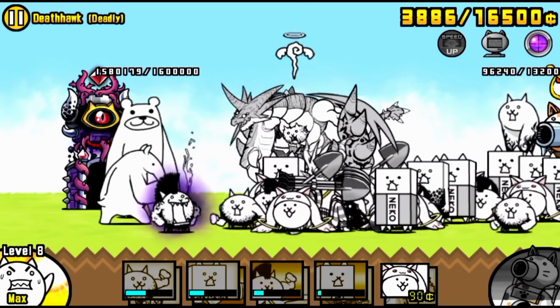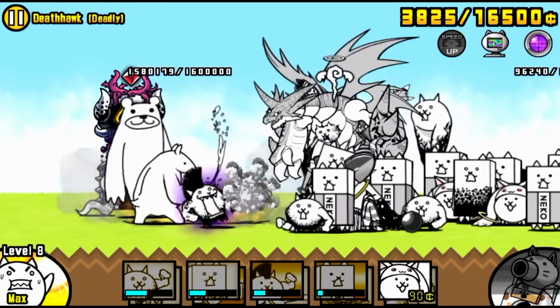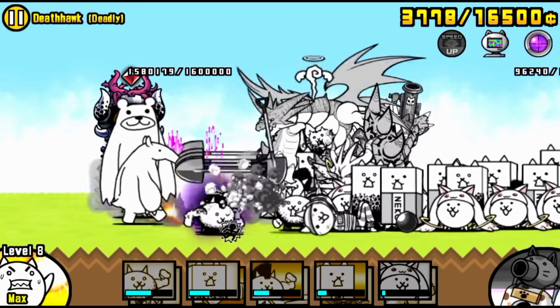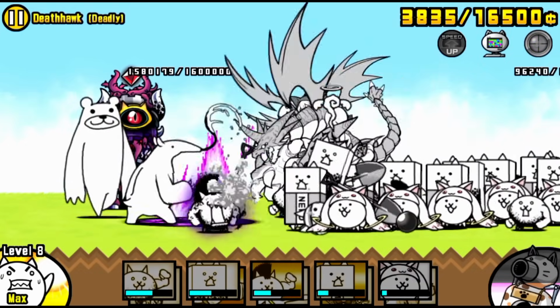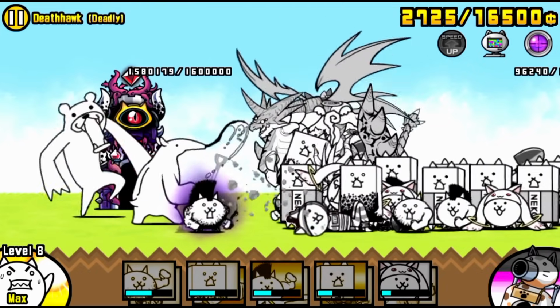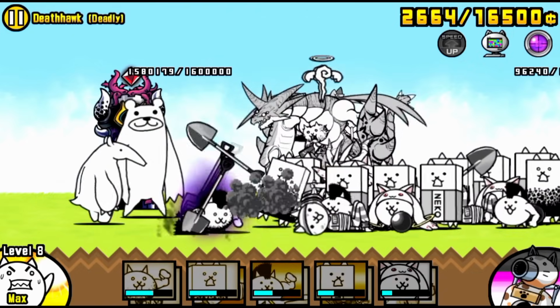And all you really have to do is stall it out, wait till you kill at least one Teacher Bear or the Master A, and that's when it's very safe to turn on CPU. But if you want to risk it, you could turn it on now and just chill out and monitor your cats. The rest is just cycling your Sniper Cat to make sure you do not knock back the Manic Mohawk